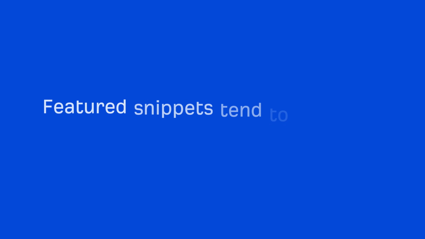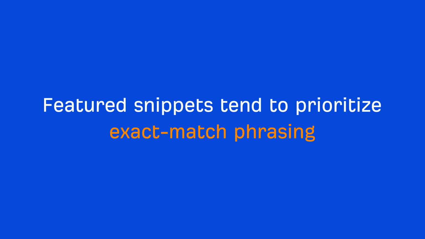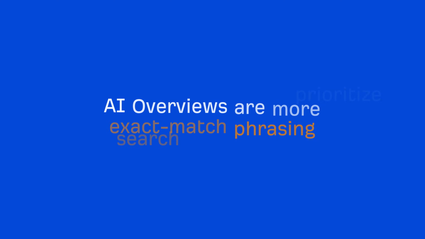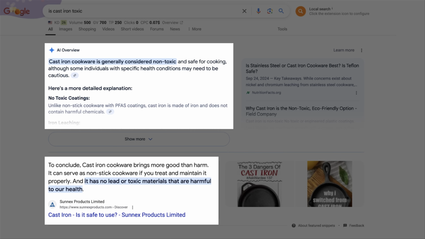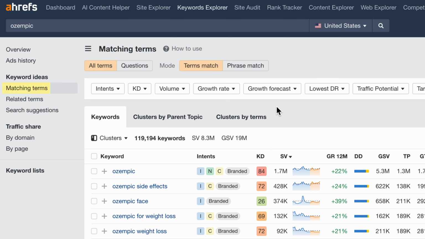Well, think again. This feature appears in over half of all the queries in the dataset and is closely tied to the AIO SERP. The key difference? Featured snippets tend to prioritize exact match phrasing, whereas AI overviews are more search intent driven. Here's some proof. Now, to optimize for those 2 winning SERP features, let's turn back to our Matching Terms report